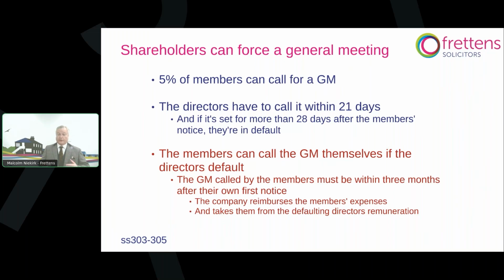It's important that the shareholders follow that particular process, and they start by demanding that the directors convene a general meeting. They can't just pass a resolution of their own initiative. They have to call upon the directors to set up a general meeting, and they then have to convene the general meeting themselves if the directors default.